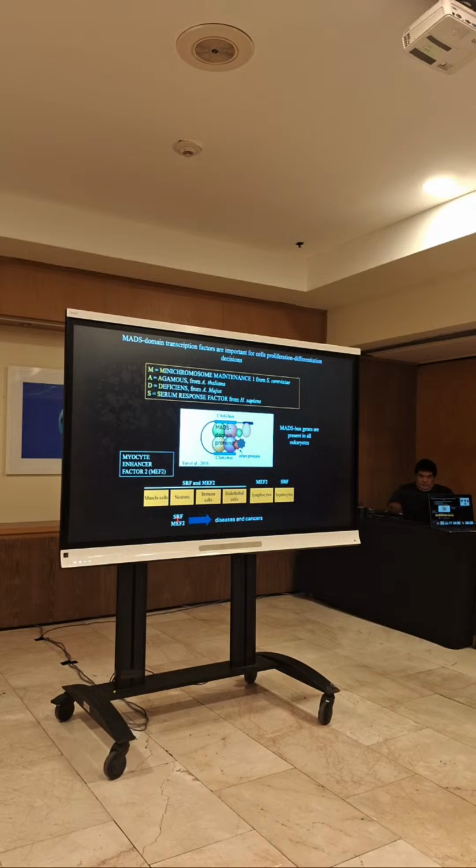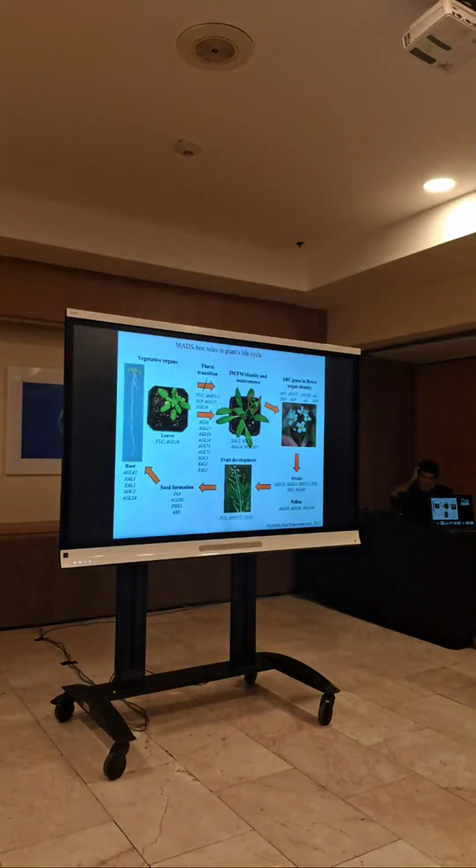They are in all eukaryotes. For example, I'm sure that you have heard about the serum response factor in animals and the myocyte enhancer factor MEF2, which participate in proliferation and differentiation decisions in different cell types, and when they are mutated or disturbed in any way, they produce diseases and cancers. In plants,